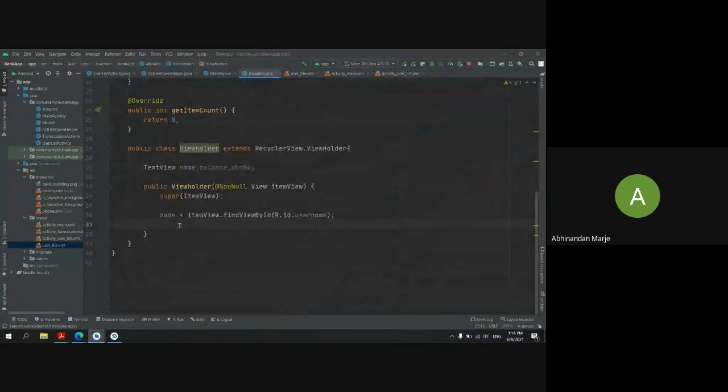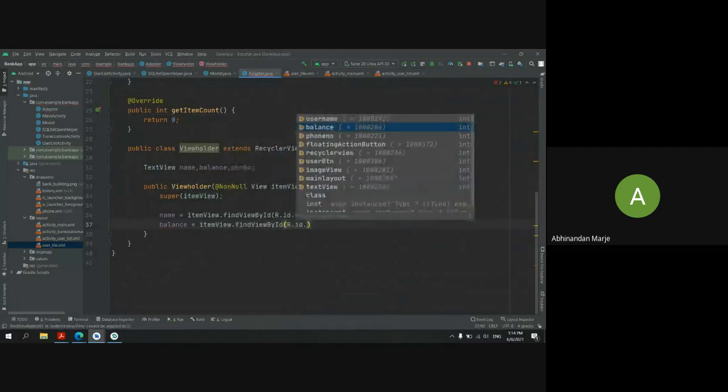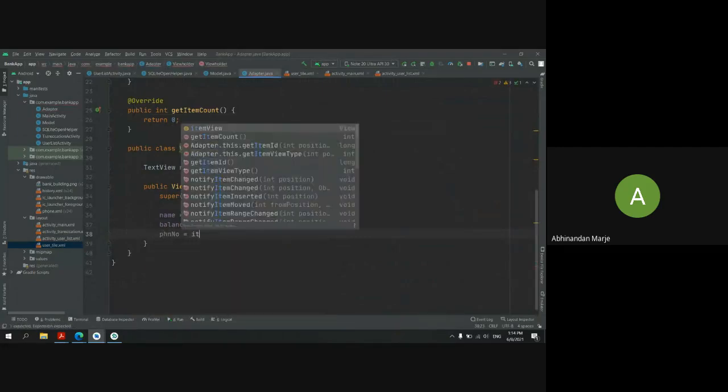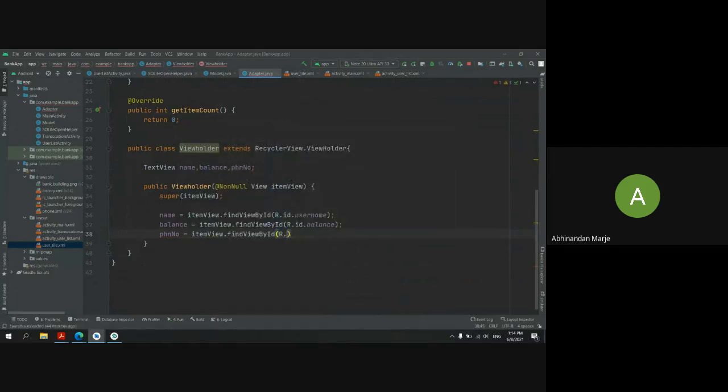Then I want to bind my balance equal to itemView.findViewById, R.id.balance. Next I want to bind my phone number, itemView.findViewById, the phone number.